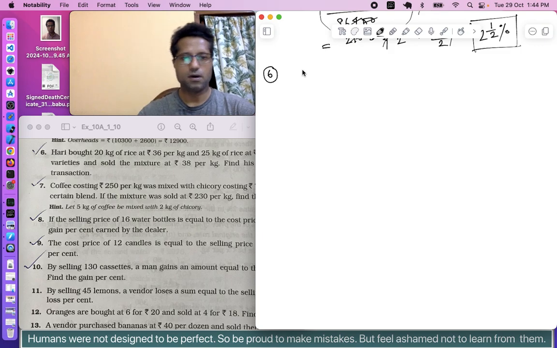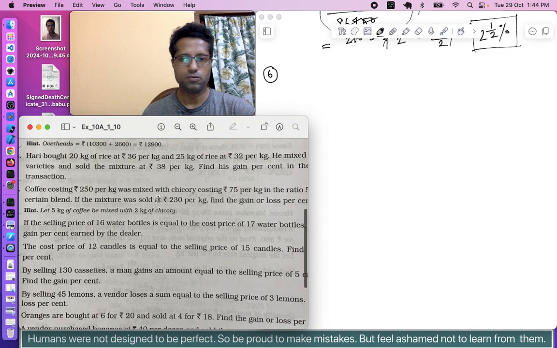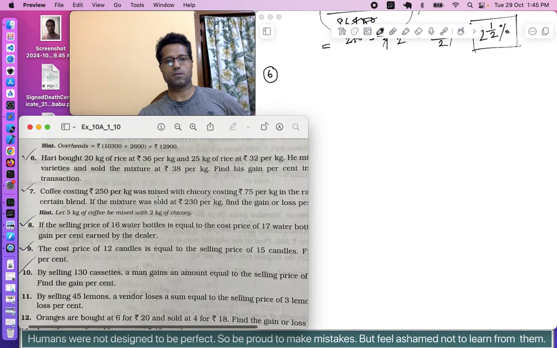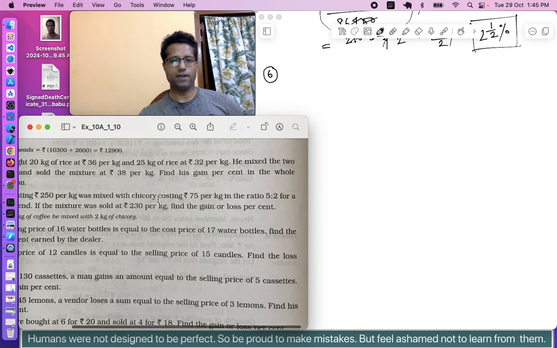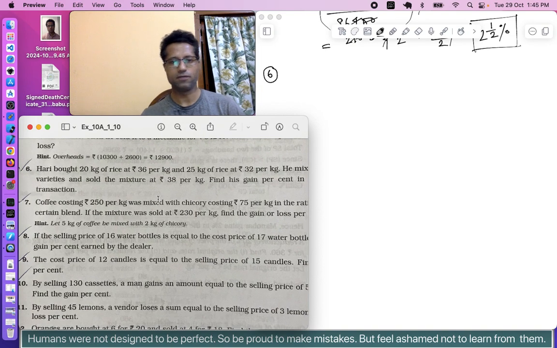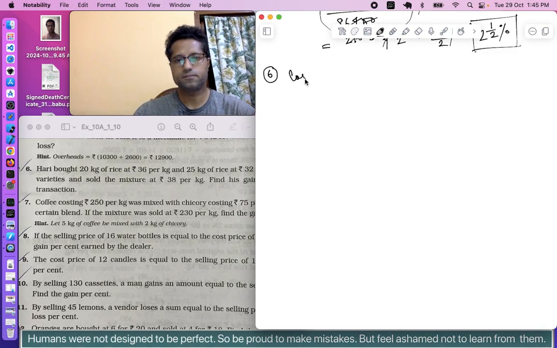Problem number 6 is: Hari bought 20 kg of rice at rupees 36 per kg and 25 kg of rice at rupees 32 per kg. He mixed the two varieties and sold the mixture at rupees 38 per kg. Find his gain percent in the whole transaction. Hari bought 20 kg of rice at rupees 36 per kg. So the cost of 20 kg rice